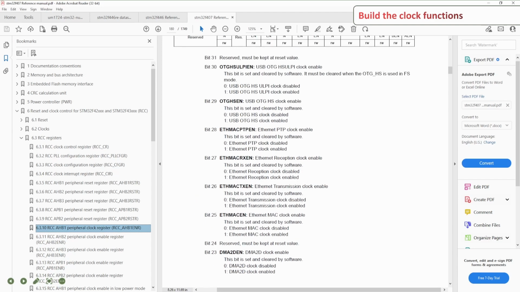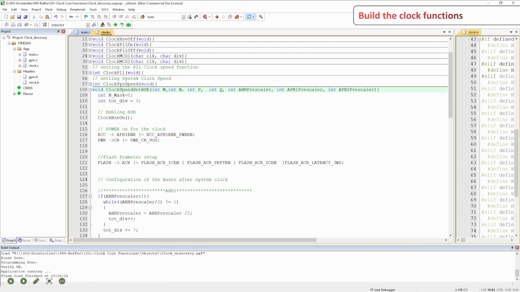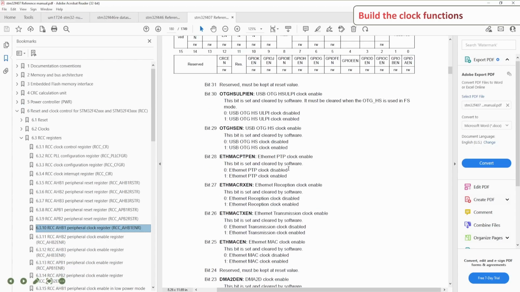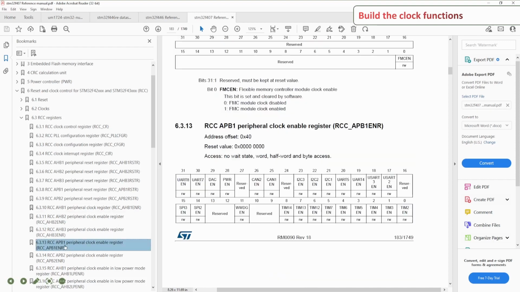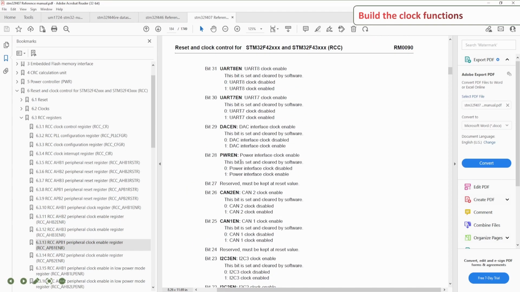Is it power connect? Probably power enable. Power enable register. Probably, yeah, because I was looking in the wrong one. It's here, power enable, bit 28. Okay, so this one, bit 28, helps the power stabilization